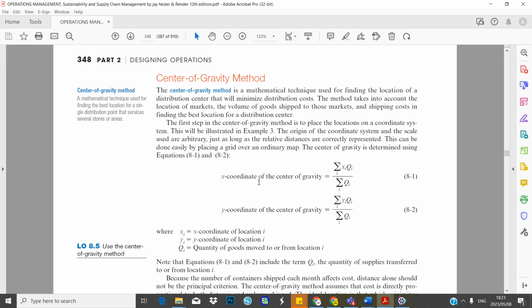Now, the method is you need to find what is called the center of gravity, and it mostly works with a map version. But obviously at this stage, there's no need for me to do the drawing. I will do some drawing, but even without it, as long as you understand the principle, that's fine. Right now I'm just going to do it for you to understand where we sit, and then you can take it from there. So anyways, the purpose of the formula is to find from a map the x and y coordinate of the distribution center based on the data that is given to you.